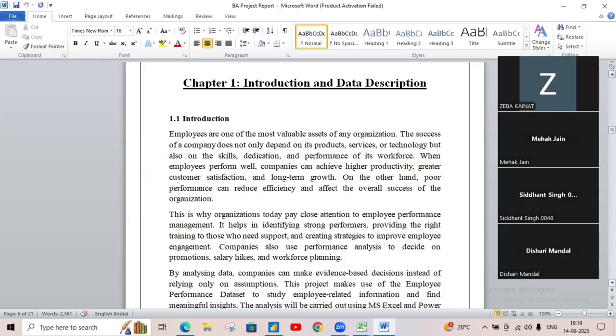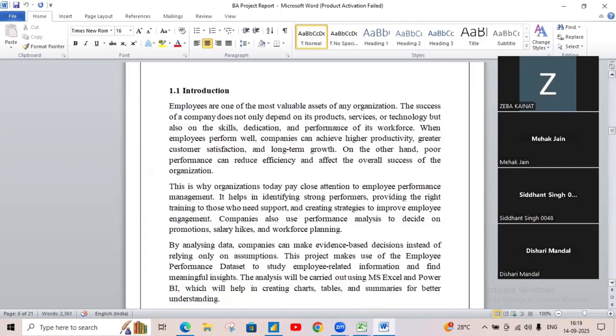By analyzing this data with tools like MS Excel and Microsoft Power BI, we can identify patterns, trends, and insights that will help in evidence-based decision making. This includes identifying strong performance, planning training for employees who need support, and deciding on promotion, salary hikes, and overall their